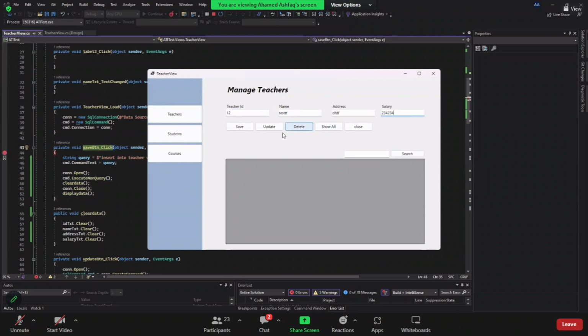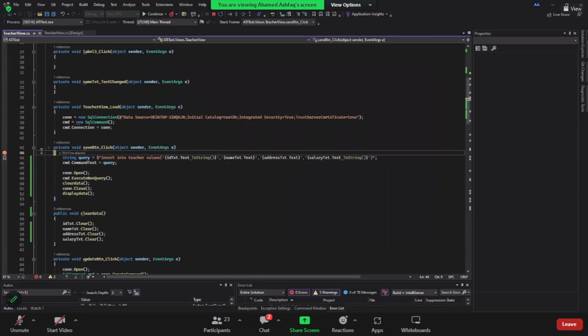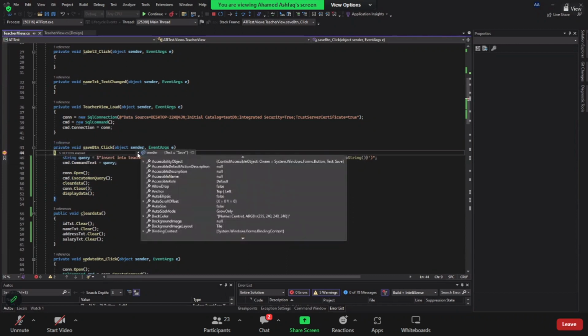So when you hit this save button, it will come and hit this method. See, it didn't go on to the project. It went inside this code, and it has hit and shown an error that we have to figure out in this method. So inside this, we have a save